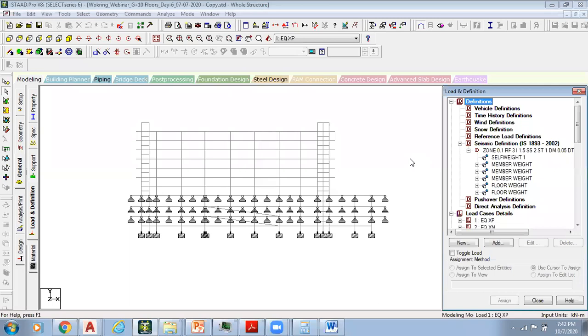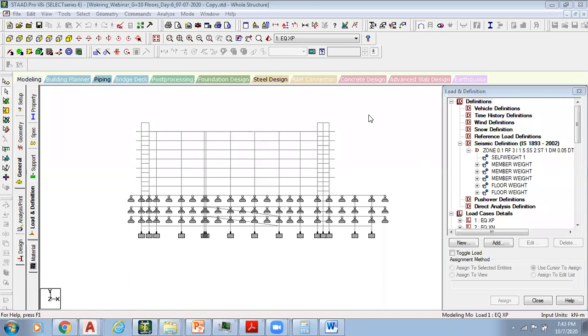Z is the zone factor, which depends on the seismic zone. India has been divided into 4 seismic zones: seismic zone 2, 3, 4, and 5. I is the importance factor, which depends on the importance of the building. As per IS 1893 2002, we usually have only 2 types of importance factor: 1 and 1.5. 1 is used for general buildings, and 1.5 for important structures like communication towers and assembly buildings.